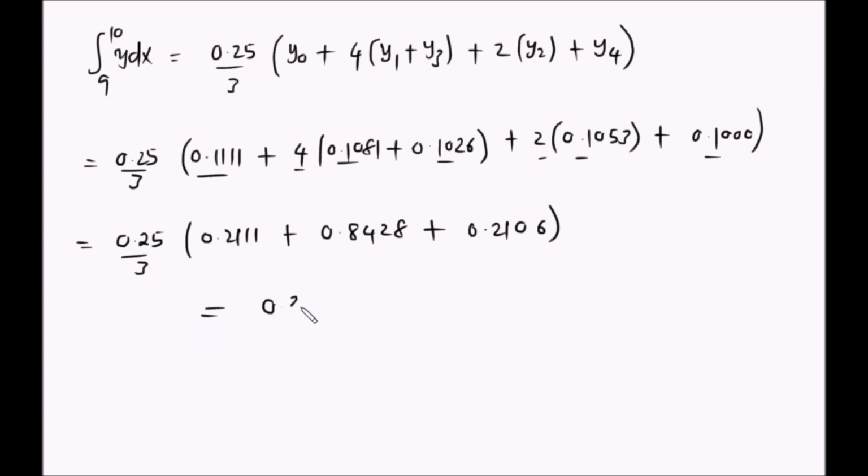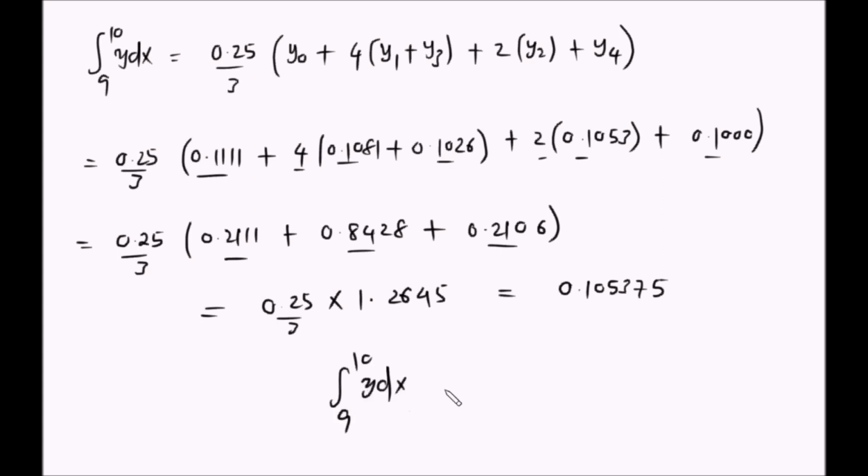So this is just going to be 0.25 over 3 times. Sasa huyu jumlisha huyu ni 1.2645. So this is going to be equal to 0.105375. So finally, integral by Simpson's rule is sawa na 0.1053 5375. So that's how we use